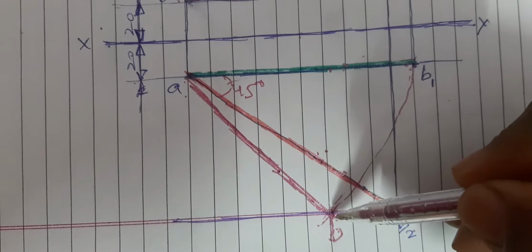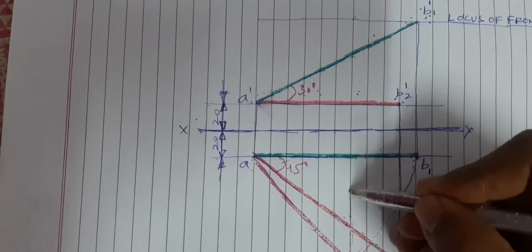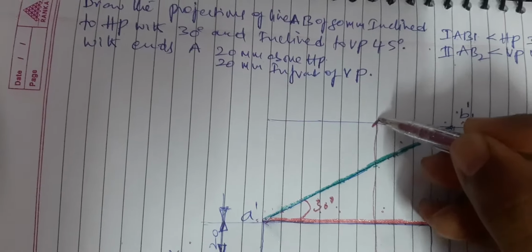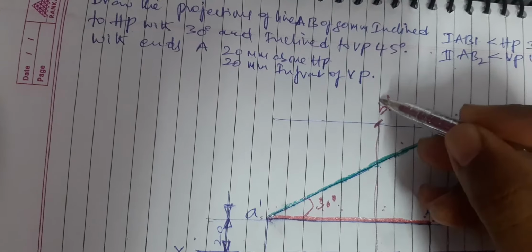Now when you draw the projector from B onto the locus of front view, here you are going to get B1 dash,